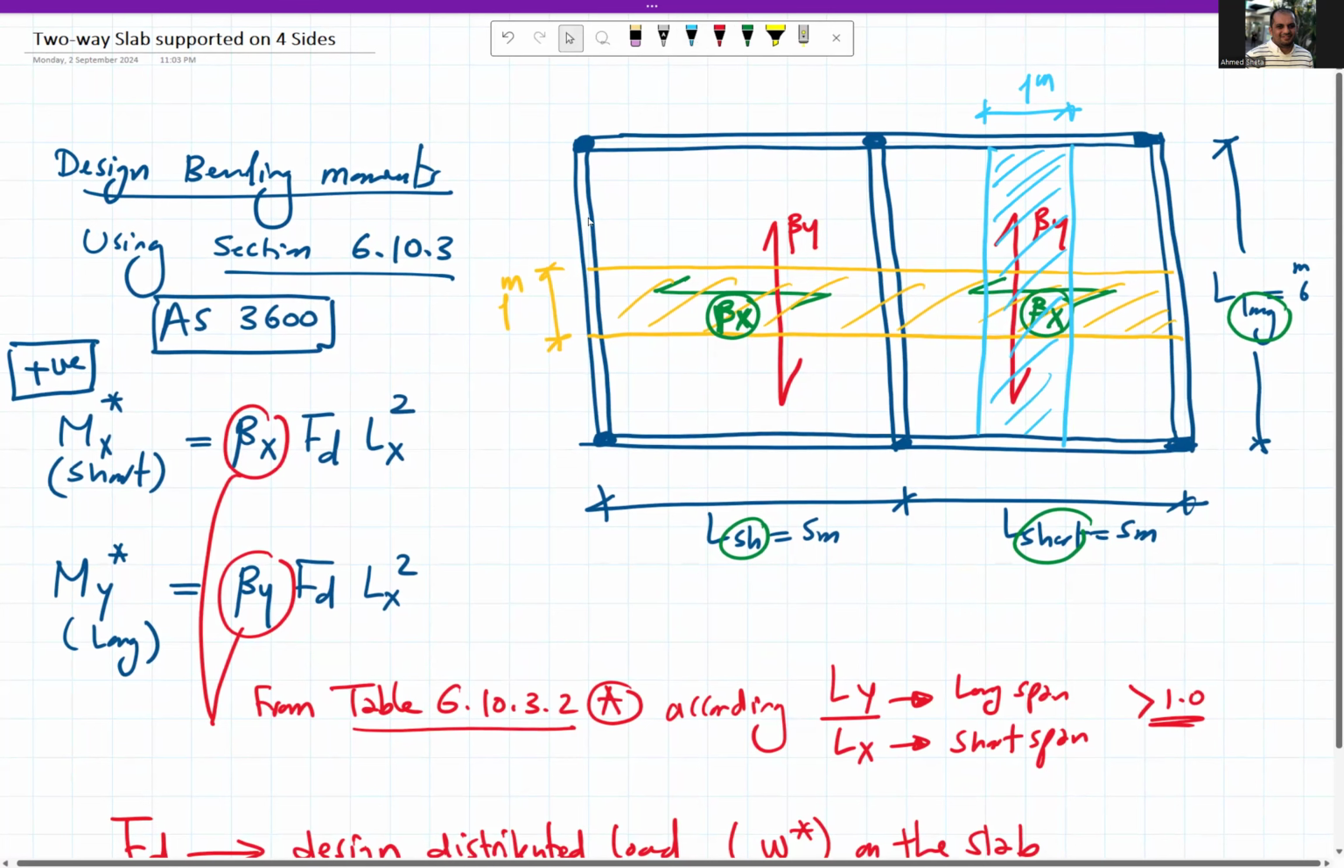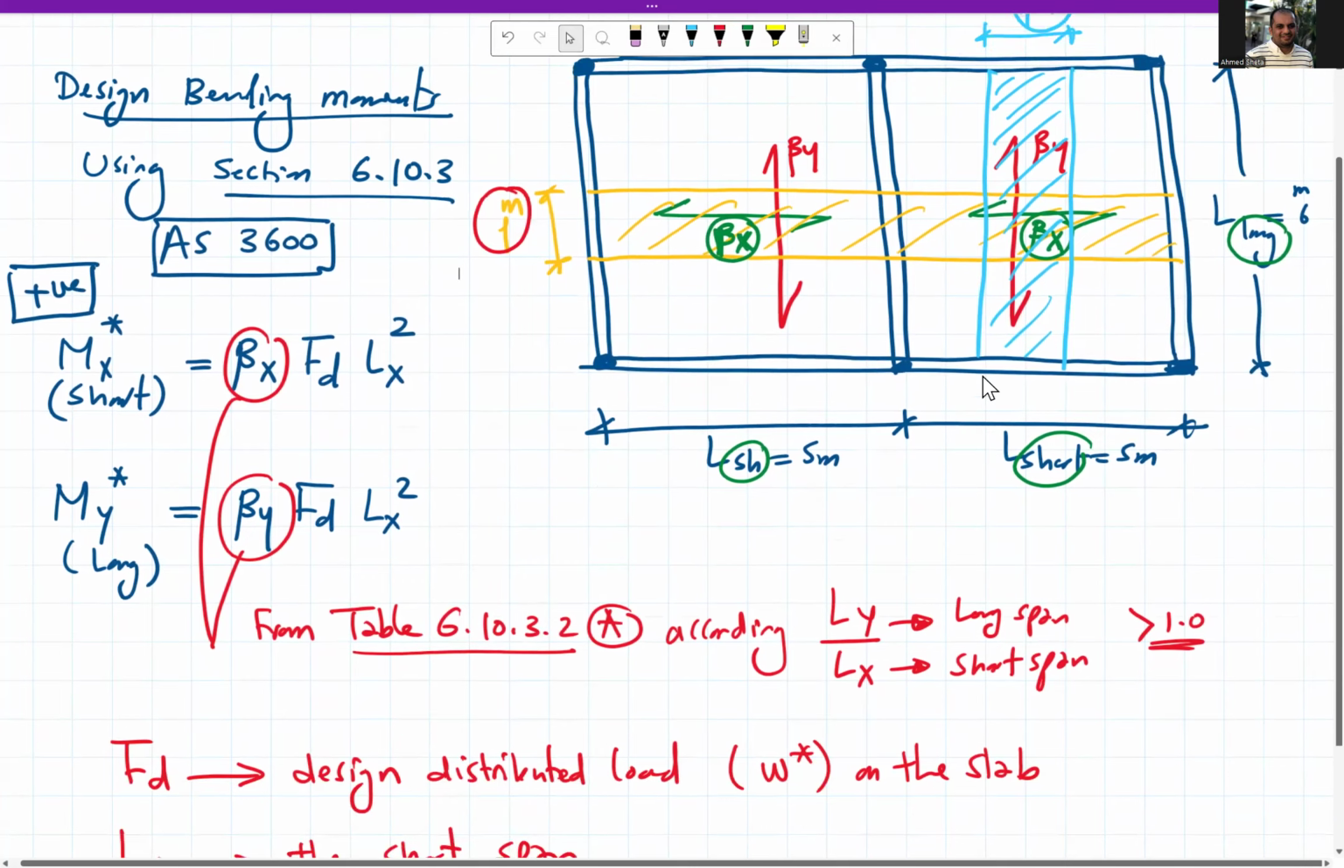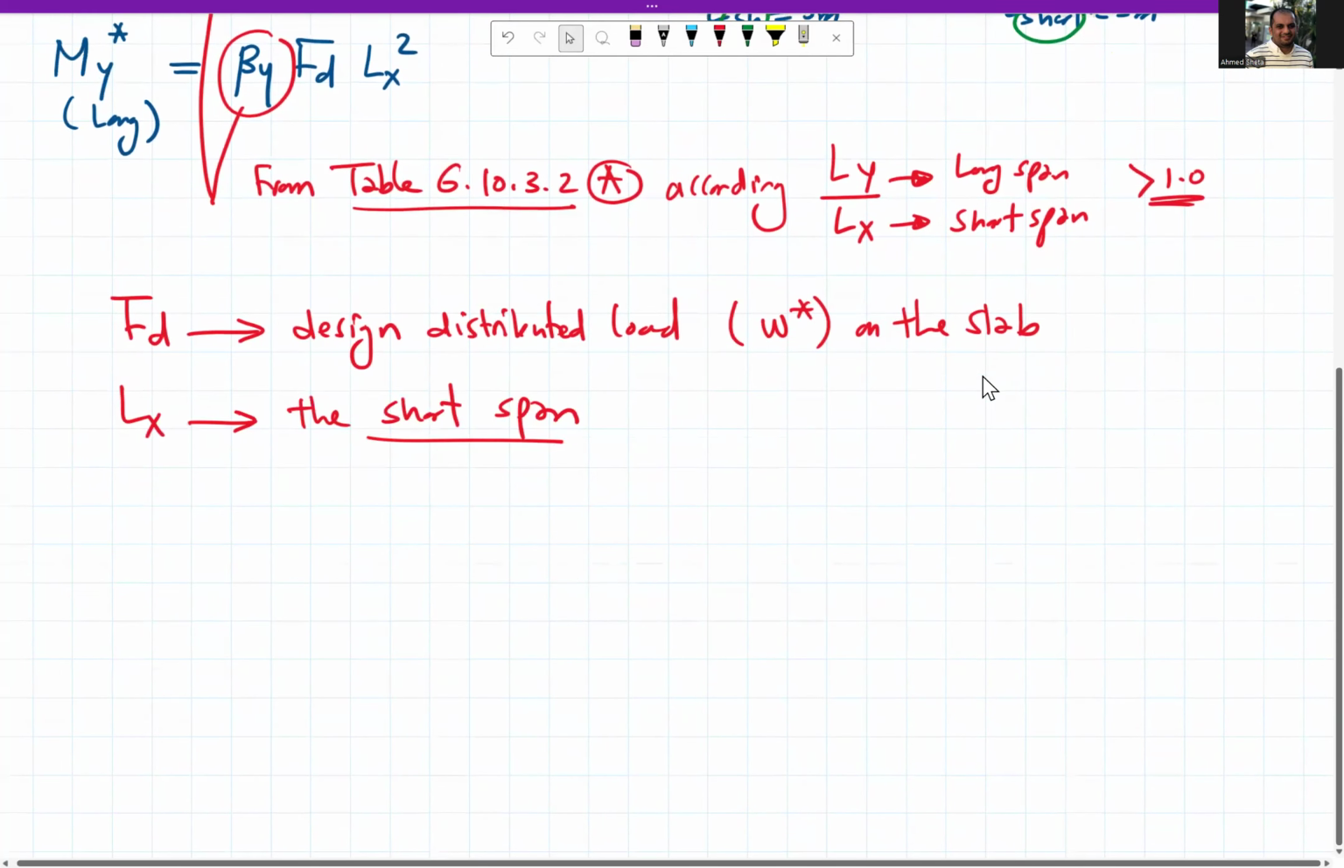So we have 1 strip in the horizontal or short direction, 1 strip in the vertical direction. Each strip is 1 meter wide. Then this is for the positive moment. For the negative moment,